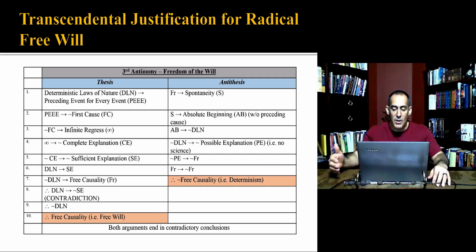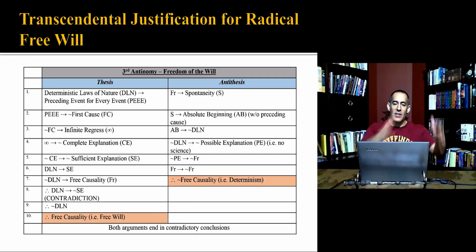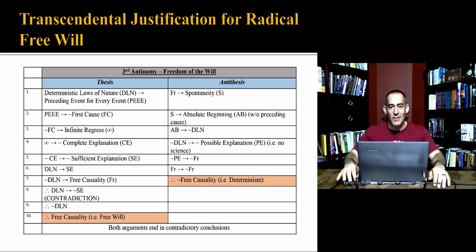His antithesis is an argument for determinism, because we start with freedom and we end up with the opposite, no freedom. So if freedom entails no freedom, again, we end up with some kind of contradiction, and the conclusion is no free will, therefore we end up back with determinism. So the thesis, I know I'm talking quickly, gives us free will, and the antithesis says there is none, gives us determinism. And both arguments seem to be sound. This is why it's a problem for Kant. He's saying, I've got two sound arguments, and they're giving me different conclusions.